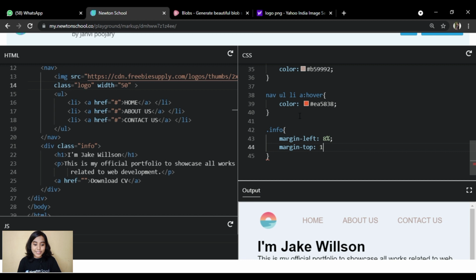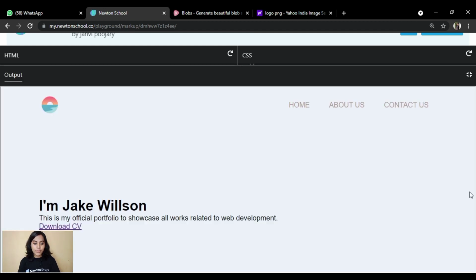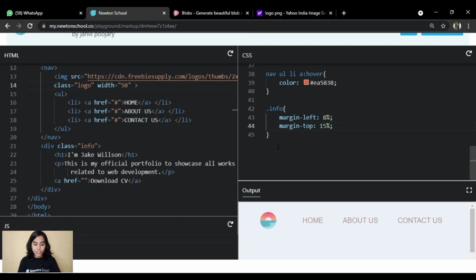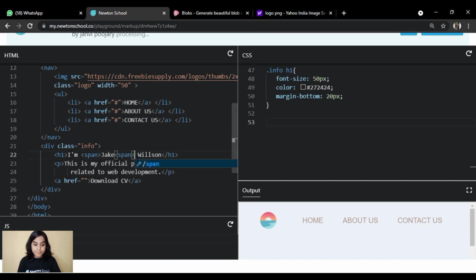It's time to style it. To make your name stand out, we will put one span tag around the name Jake, and then we will style it. Now we will style our button.